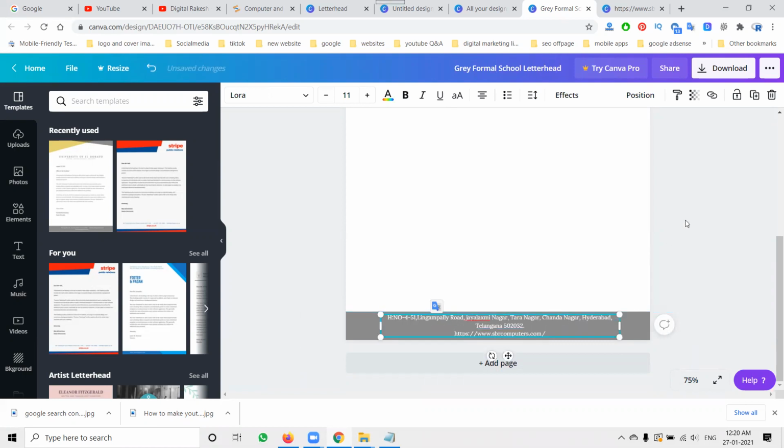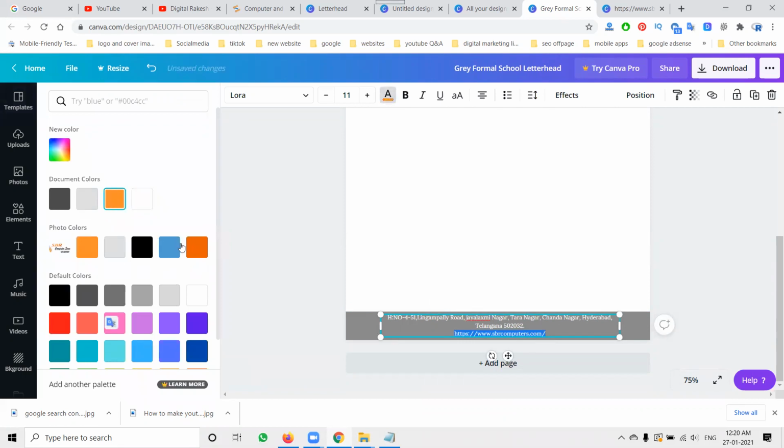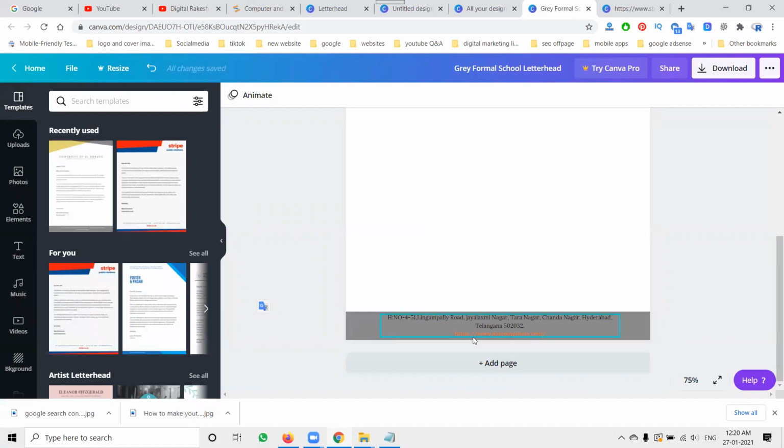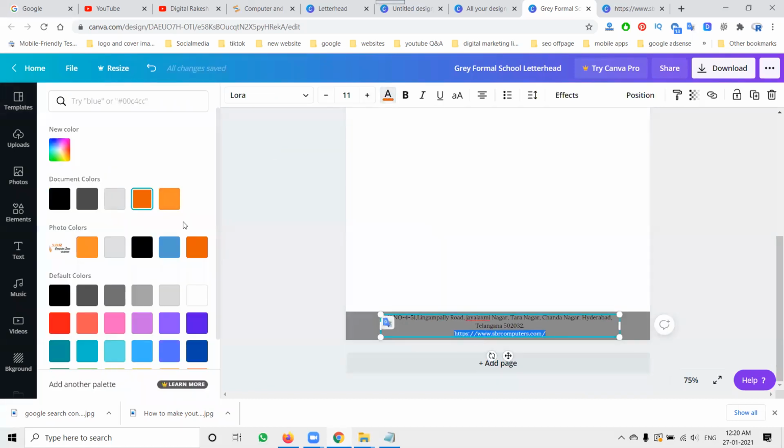Based on the colors, you can select every option here. So select the logo color here, and whichever is a comfortable color, add the comfortable color here.